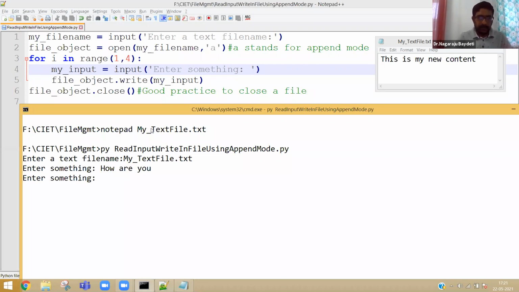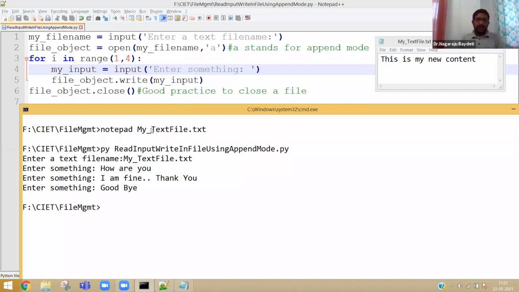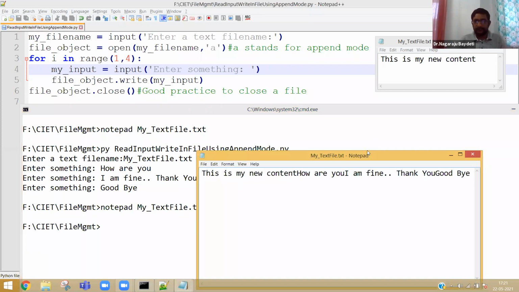Again, I am fine, thank you. Goodbye. Now, 3 times some inputs were taken: how are you, I am fine, thank you. Let me open the text file again.